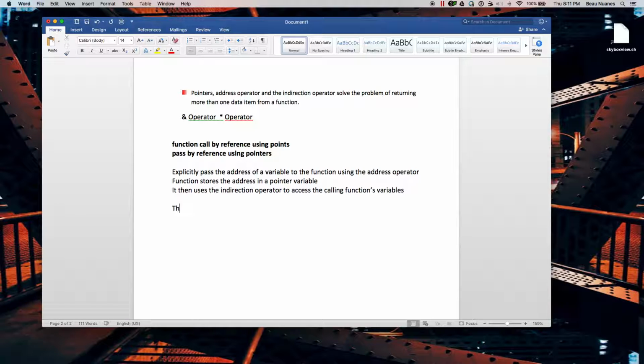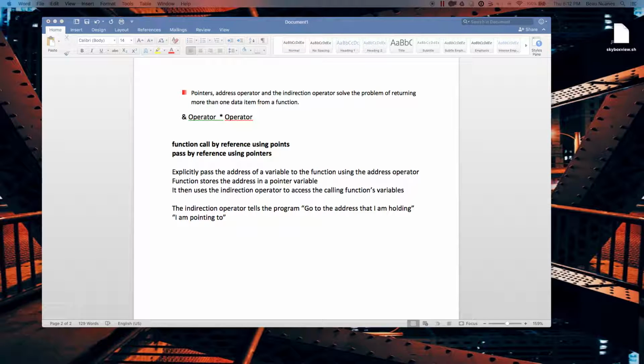What the indirection operator is doing is it tells the program, go to the address that I am holding, or that I am pointing to, hence a pointer, right? So let's look at an example,